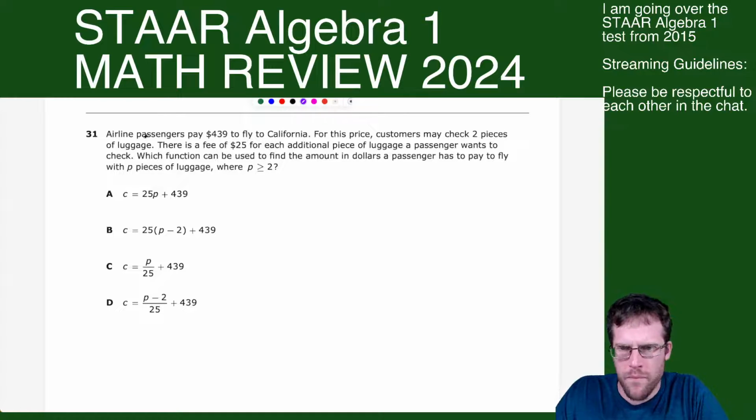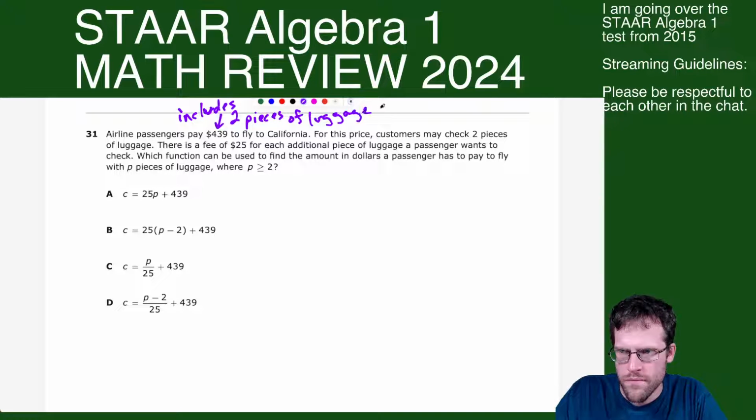So moving on here, airline passengers pay $439 to fly to California. Oh, this is a nice question. For this price, customers may check 2 pieces of luggage. So this includes 2 pieces of luggage. And there is a fee of $25 for each additional piece of luggage a customer wants to check. Which function can be used to find the amount in dollars a passenger has to pay to fly with P